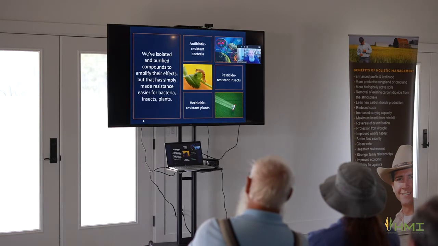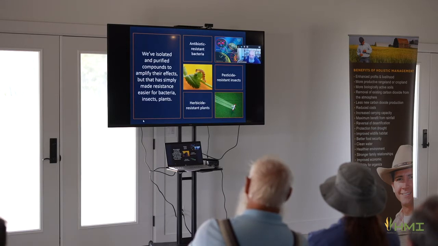Finally, we've isolated and purified compounds to amplify their effects, but that simply made resistance all the easier for bacteria, insects, and plants. We know about antibiotic resistance. We know about pesticide-resistant insects nowadays. There's over 500 herbicide-resistant plants. So, you know, when we isolate and purify, it makes it easy, without going into the details, for these creatures